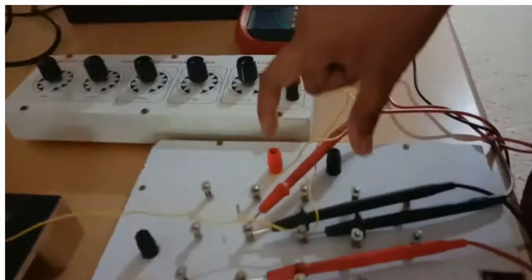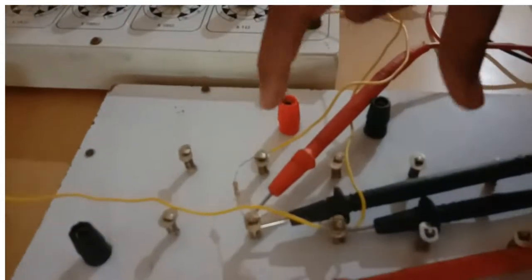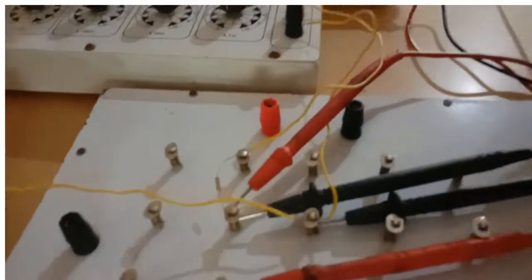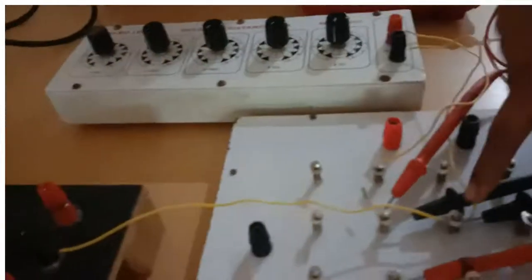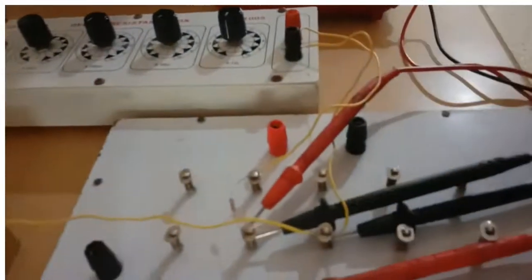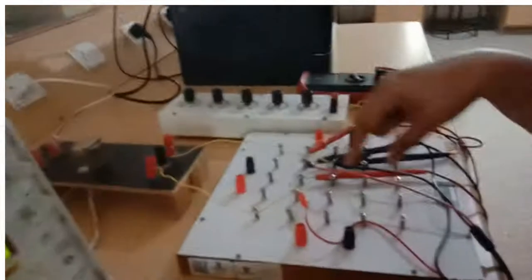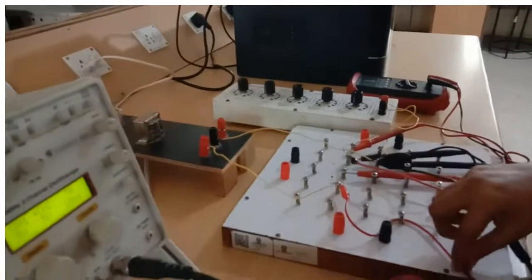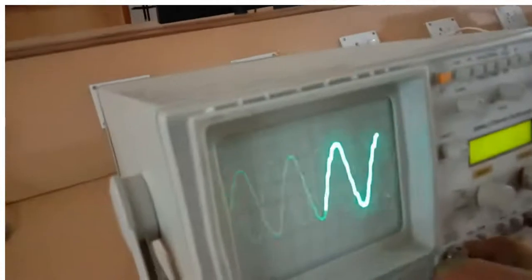Now we have to measure the output DC voltage. So I am keeping the multimeter across the resistance. One end across the 120 ohm resistor, the other end I am connecting to the reference or 0 volt, you can consider it reference voltage, or ground. I am connecting the probe to the first channel. You can see the supply voltage I have connected to channel 1. The 9 volt received from the transformer I am displaying on the CRO, right?